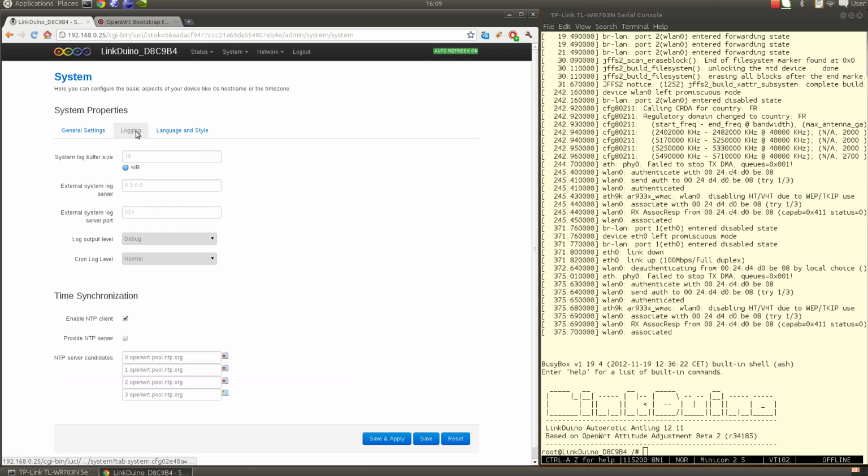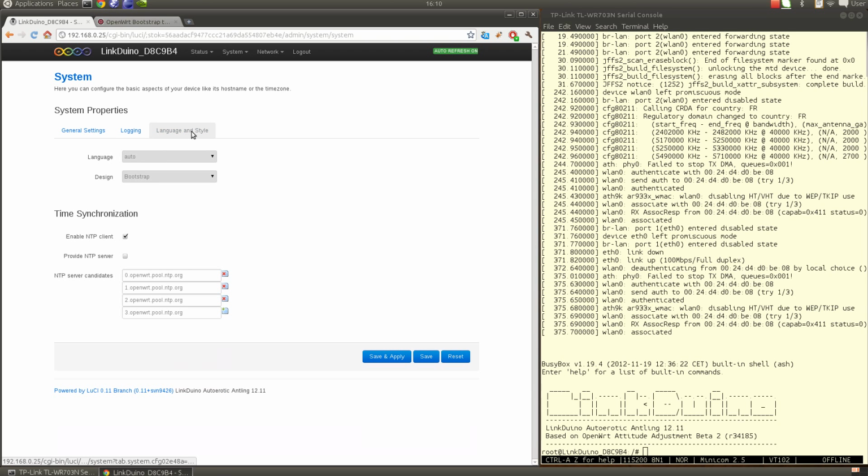As for logging, here you can specify the buffer size and everything. If you want to log to a separate server, you can specify its IP address and server port, and what is the output level you want in the logs, and what is the cron level for the logs, and again the NTP. And as for the language and style,